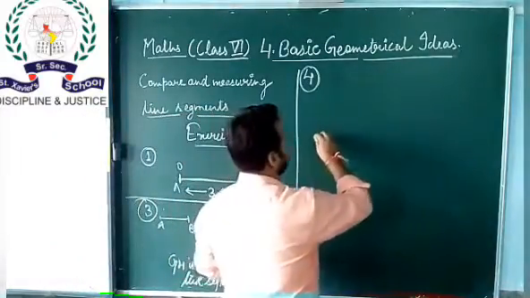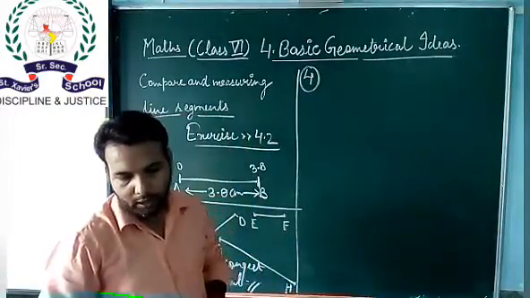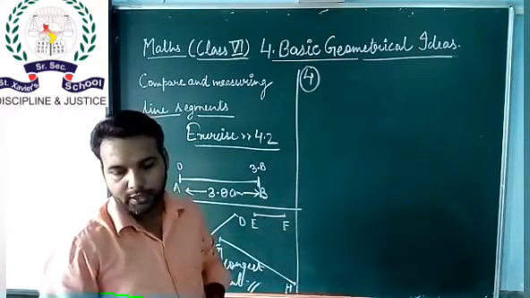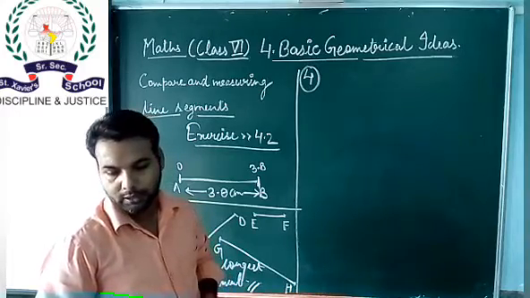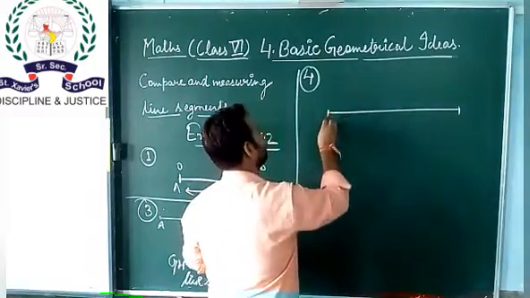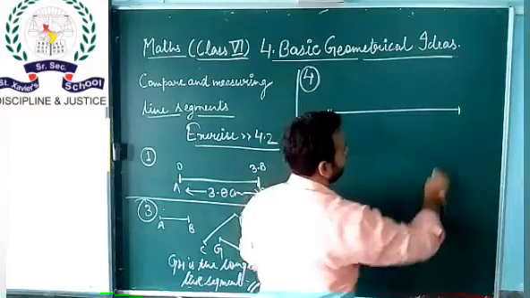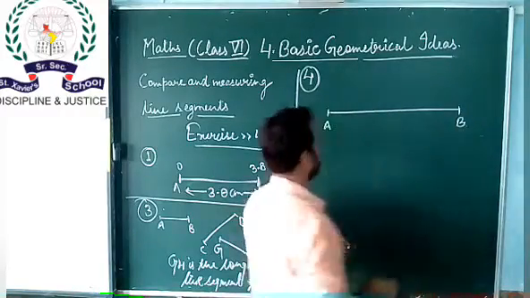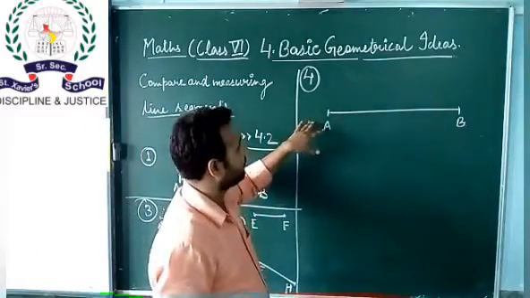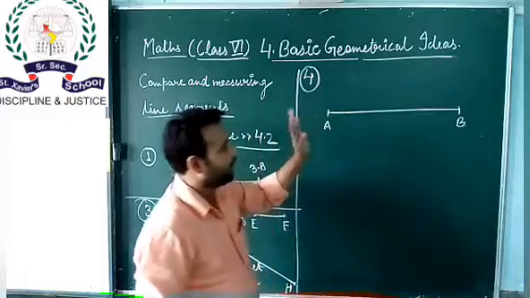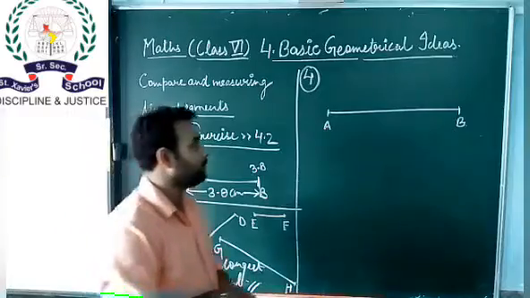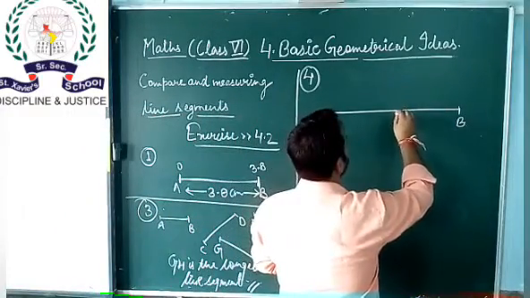And then question number 4, it is given, draw any line segment AB, mark a point C on it, lying between A and B, and verify that AC is equal to AB minus BC. Okay. Suppose you have to draw a line segment AB, as it is given in your question. Draw a line AB of any length. Then put a point C on this line AB, anywhere. You are free to put point C anywhere.